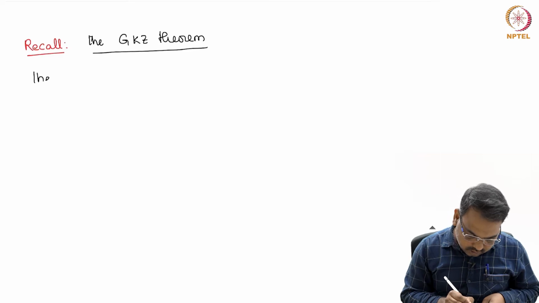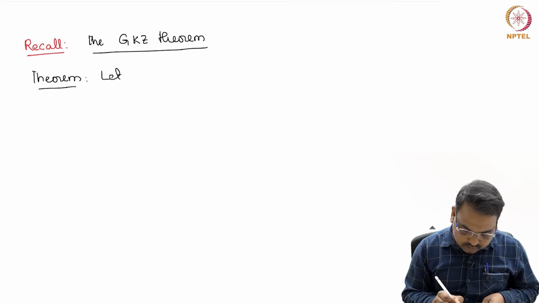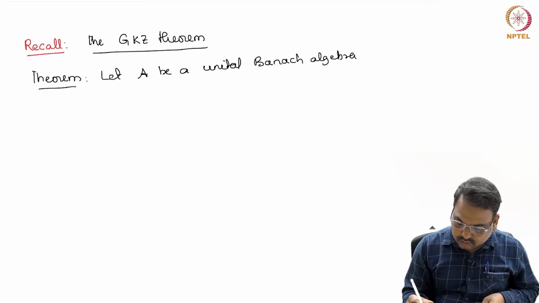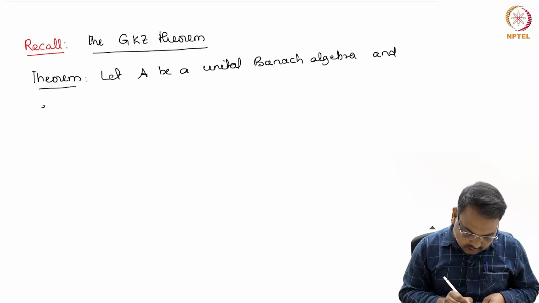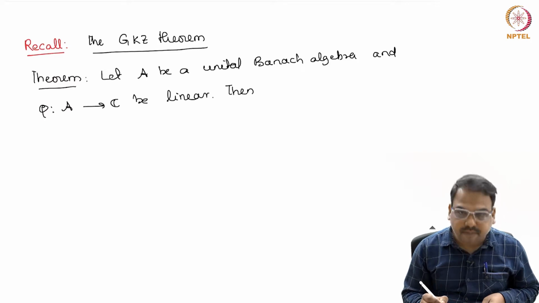Let A be a unital Banach algebra and phi be a linear functional on A. Then we have shown that